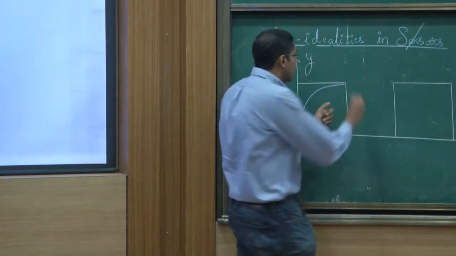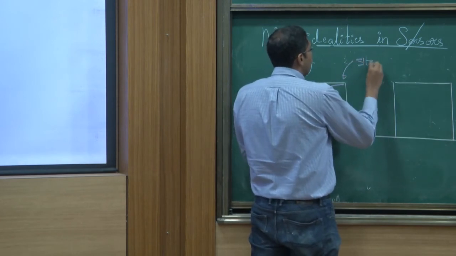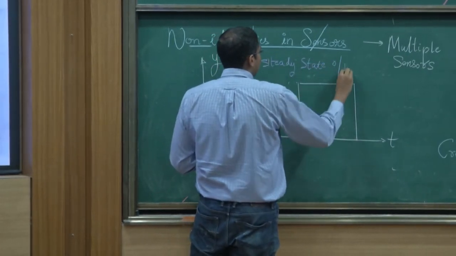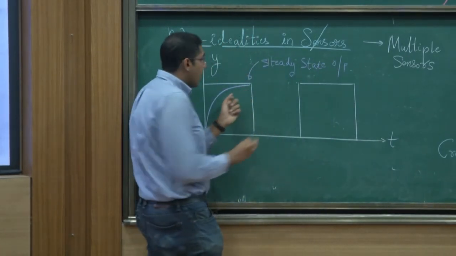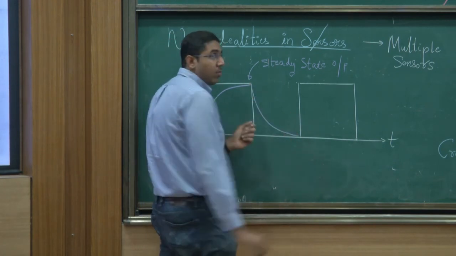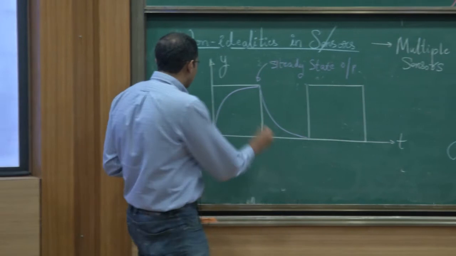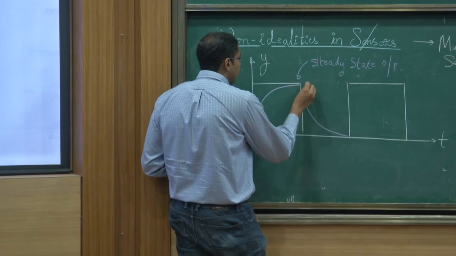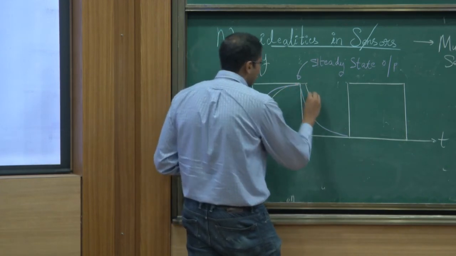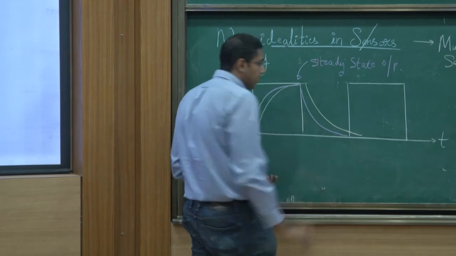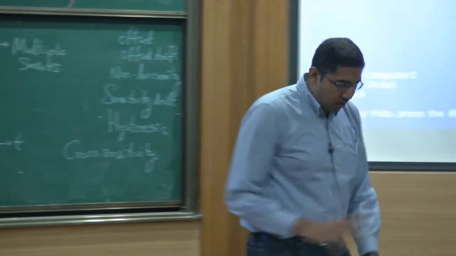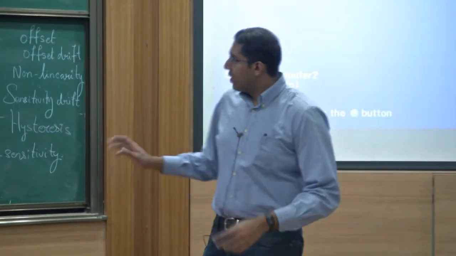steady state. So this is the steady state output. It always takes some time, and then it always takes some time to come back down, okay? And sometimes there could be some delay also. This curve could, for whatever reason, shift to the left or to the right. See, this is also a common problem, that there is a finite response time.